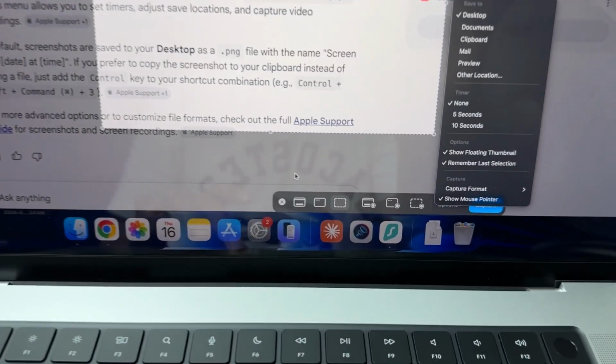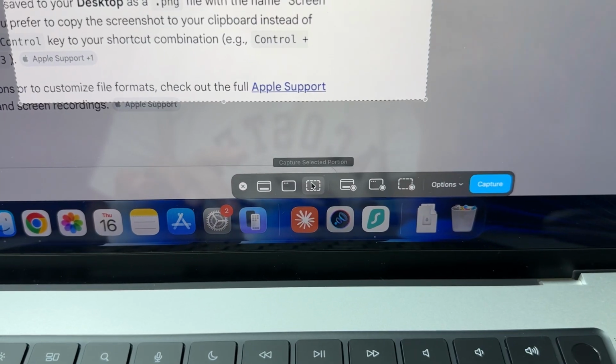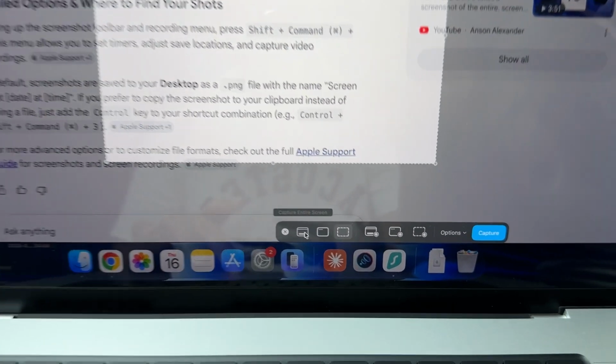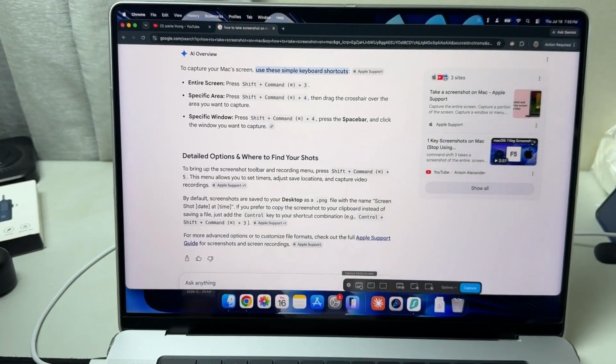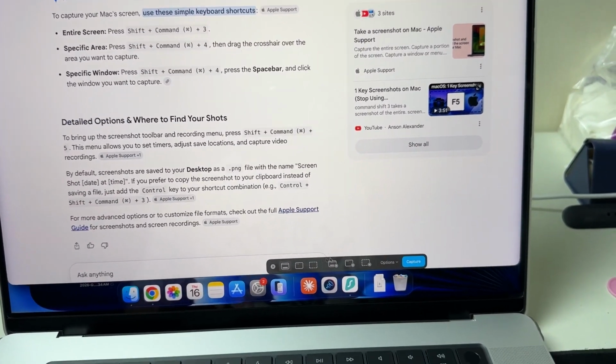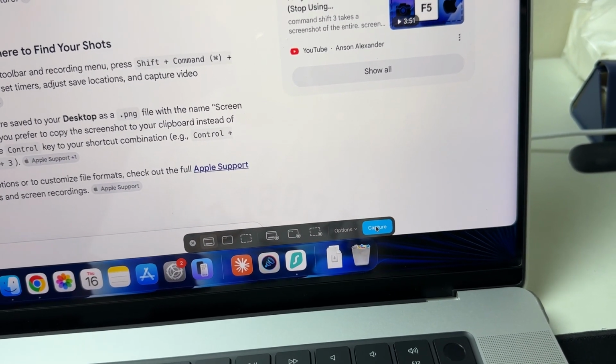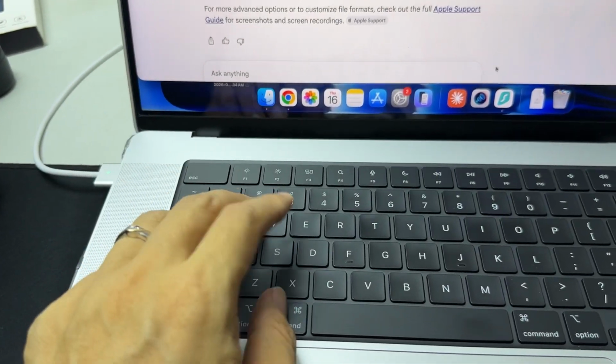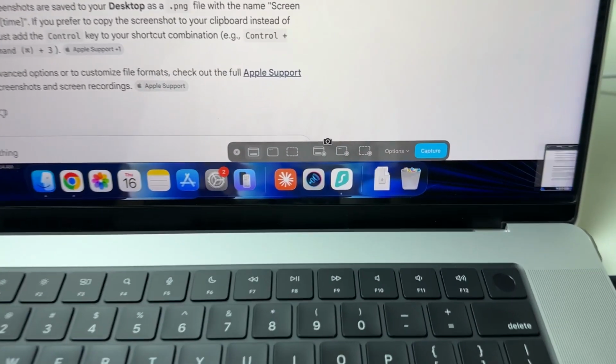Right now I'm on the selected portion of the area, but I can do full screen as well. If I select full screen, it's going to go to full screen. And once you're ready, just hit the capture button. So it's going to capture, and if you do it again, Shift Command 5, it's going to show you here